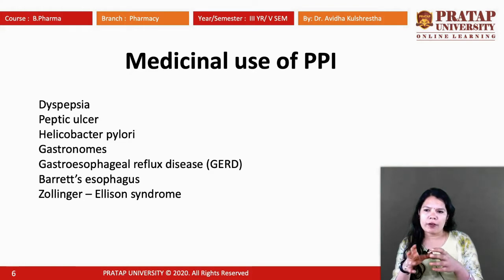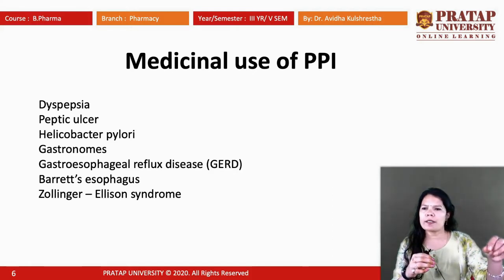Actually, peptic ulcers are generated when the acidic level is high. Then some holes and cuts are generated inside the stomach, that is peptic ulcer, Helicobacter. These are the severe situations actually. From the initial stage to severe, these are the diseases which can be generated. But the basic function of PPI is to reduce the acidic volume, or the number of H plus ions is reduced,